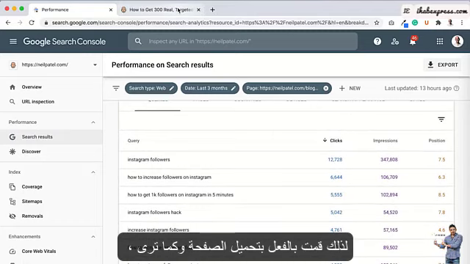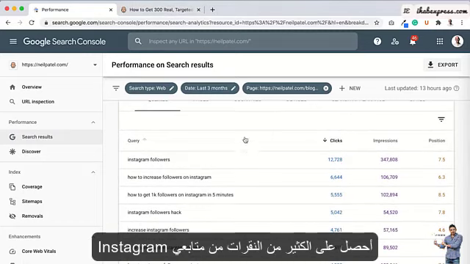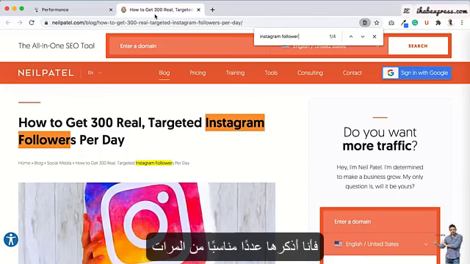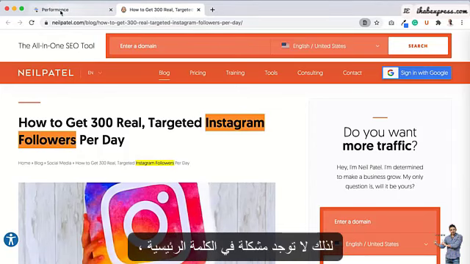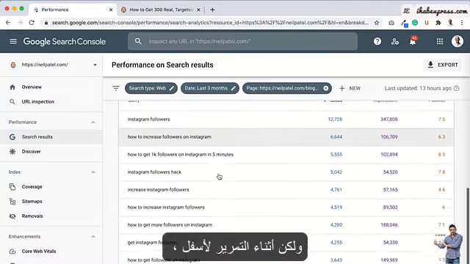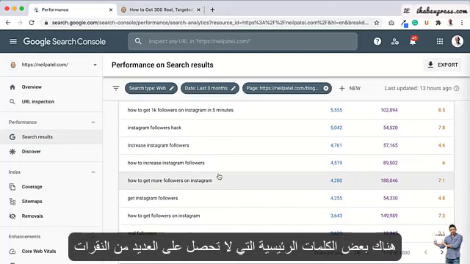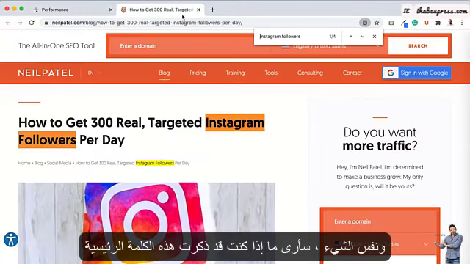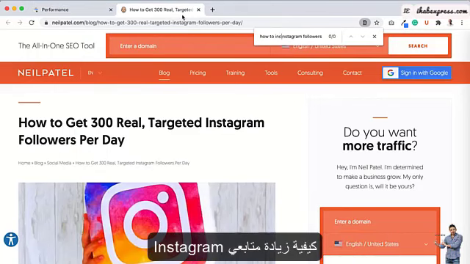So I already loaded up the page. And as you can see, I'm getting a lot of clicks from Instagram followers. Now, if I look on this page, Instagram followers, I mention it a decent amount of times. So not an issue there with the keyword. But as I scroll down, there's some keywords that don't get as many clicks. So let's look at how to increase Instagram followers. And same thing, I'm going to see if I mention that keyword, how to increase